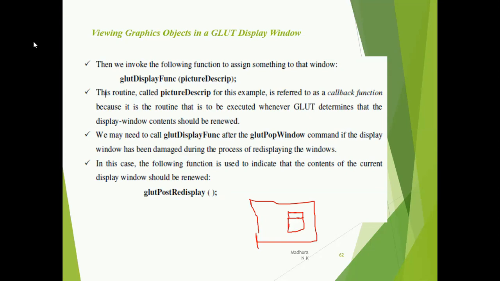It has to be cleared and you have to go back to the original window background. So then your display window has to be renewed again. So that time you are going to call glutPostRedisplay. Whenever you use the menu functions, you will be using this kind of function, that is glutPostRedisplay.